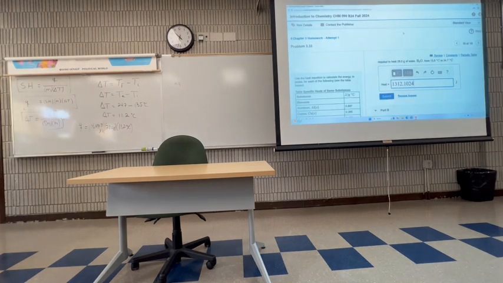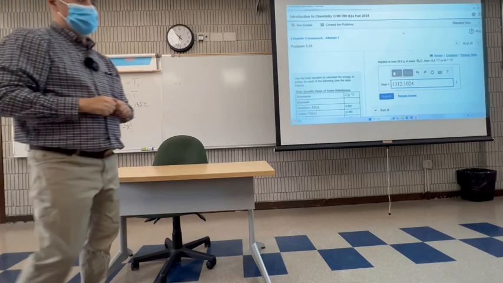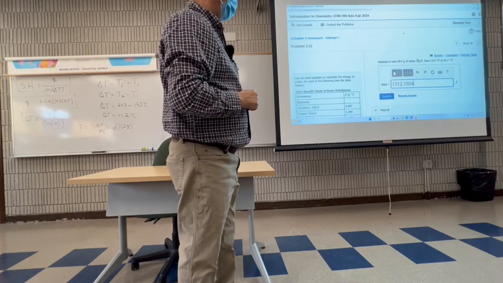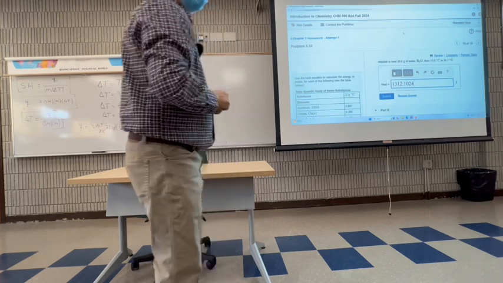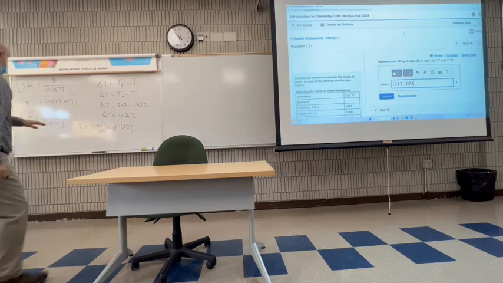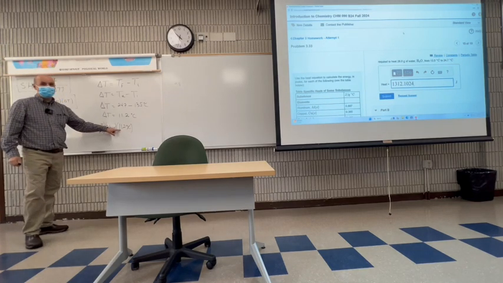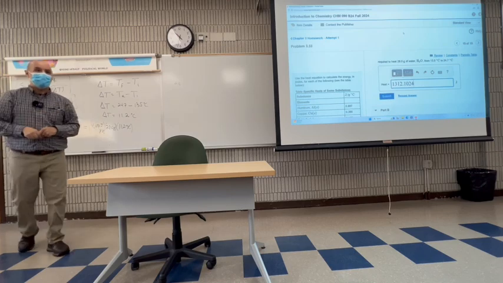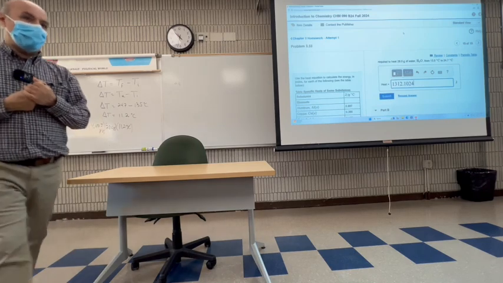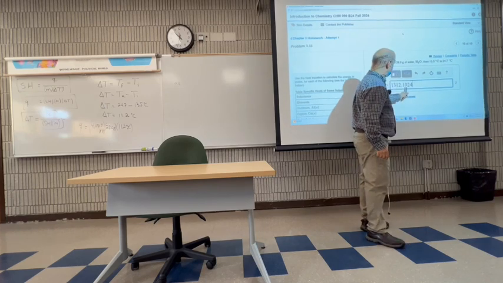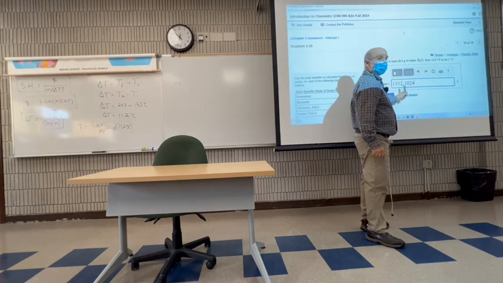Okay, so now I have 2. No, the decimal is in the wrong place. It's 1312. I don't think it's in the wrong place, simply because that times that is 100, times that is 1,000. So it's going to be in the 1,000. Where do you think the decimal point is, here or there? Take your time.